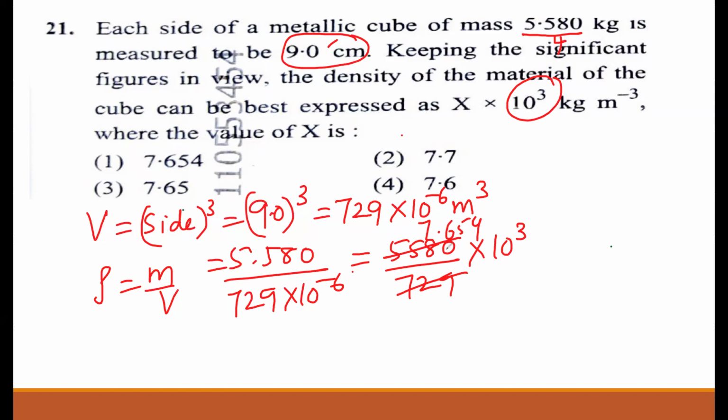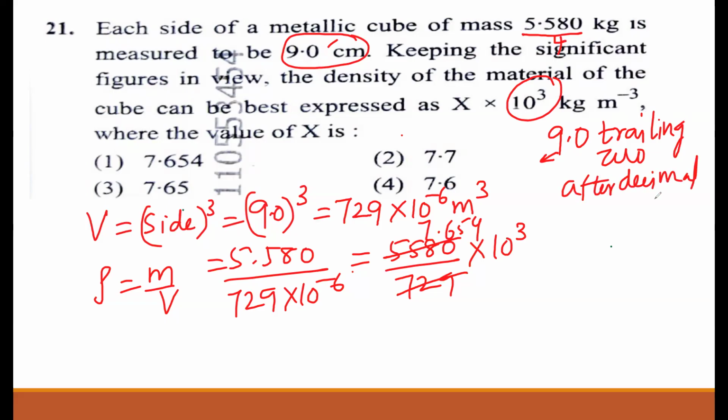But here, how many significant figures you have to express it? That is important. So if I take 9.0 here, 9 is non-zero digit, it is significant. But 0 is a trailing zero. Very important here. Trailing zero after decimal. So when it is after decimal point, it indicates the precision of the instrument. So that 0 indicates the precision which has two significant figures. So you have to answer in two significant figures. So it would be 7.7. So that would be the second option here.